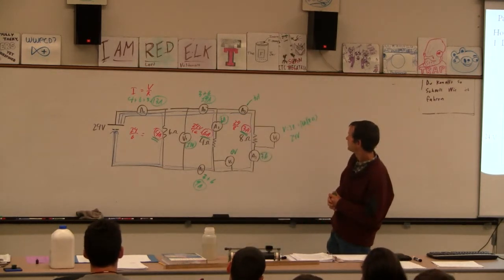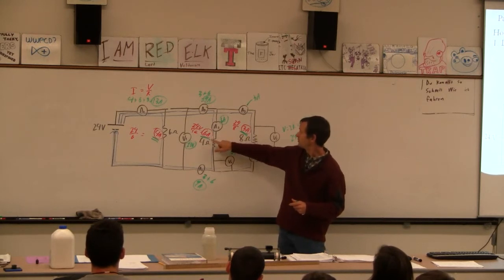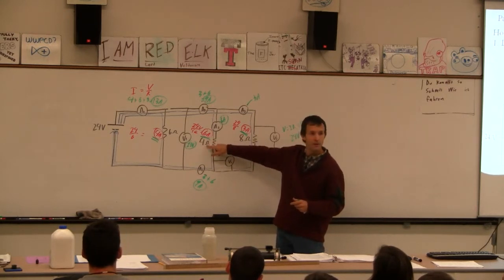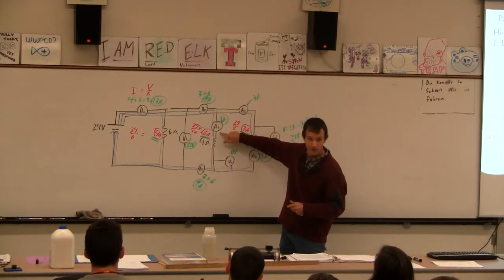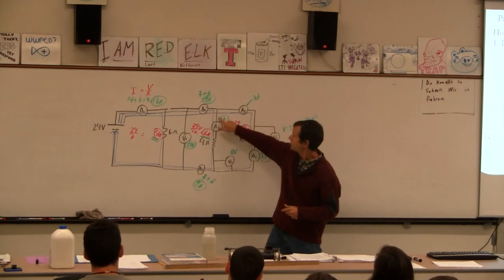Yeah, what if you trace it up? Well, then you go through this resistor and you change voltage by 6 times 4. Yeah? If I trace it this way, right? Okay, now suddenly I'm tracing through a resistor, right? And so I go up by 24, and then if I go back down